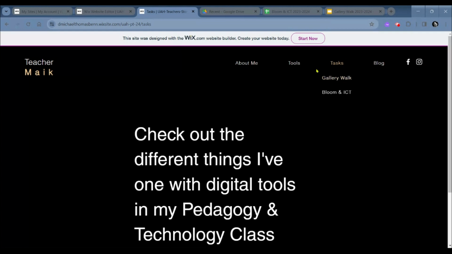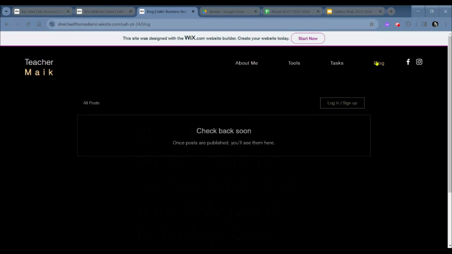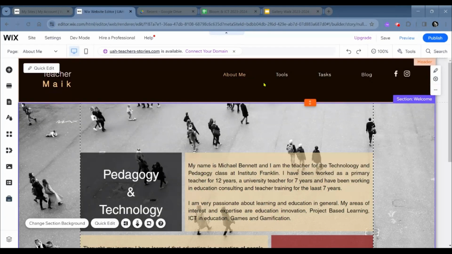And then the third big part of a learning portfolio is metacognition, reflection, where students share not only what they're learning, but how they're learning it, how they feel about it, how it's shaping them as a person. And we'll be doing this through a blog that I have not started yet either. So I'm going to close this tab and we'll head over to the editor,